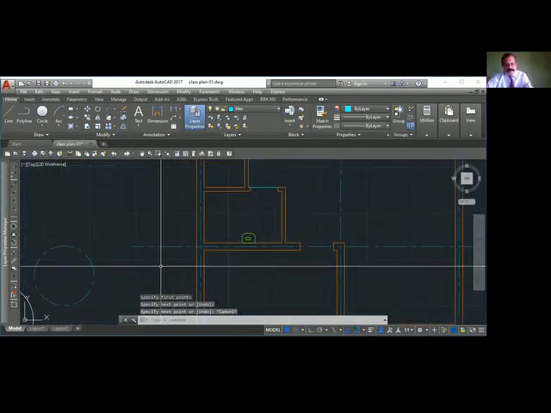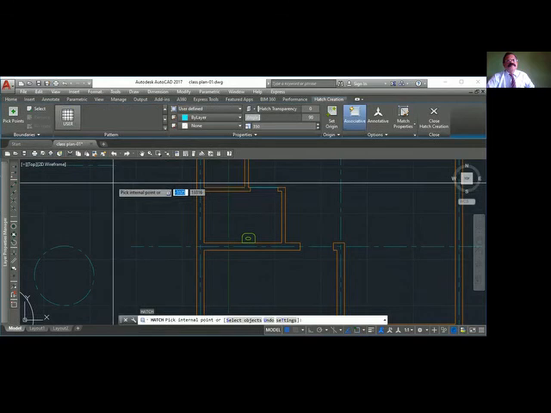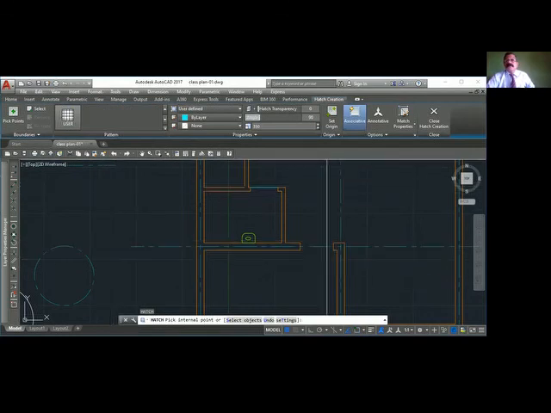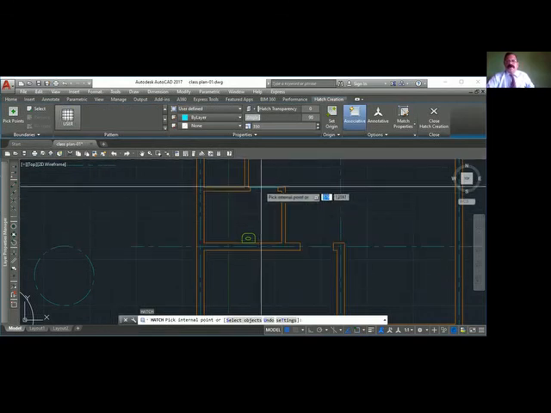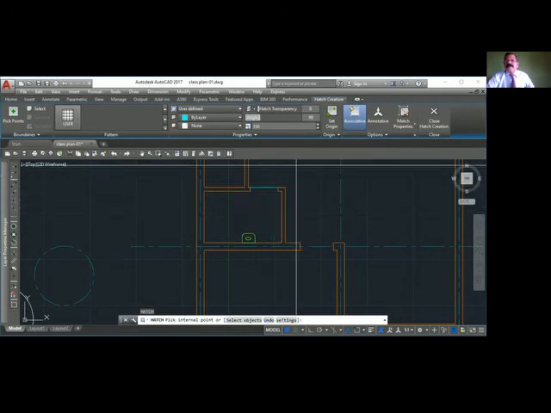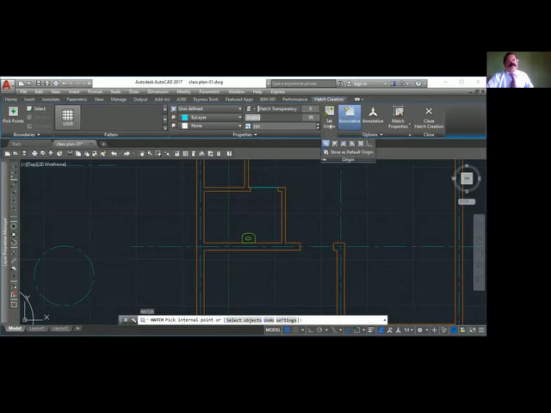Now you go to hatch. Okay, we want to start from here, this end. You can select from the edge or anything.